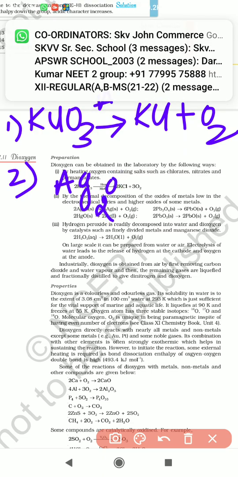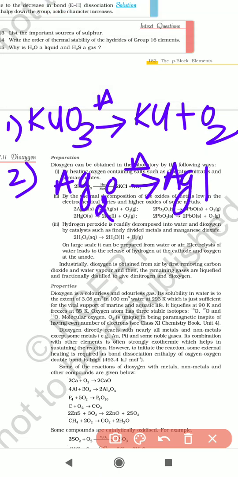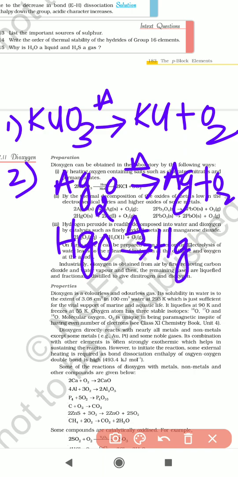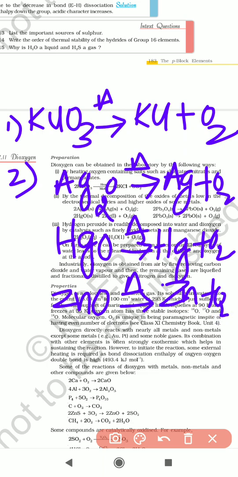For example Ag2O. On heating, Ag metal is formed plus oxygen gas is produced. Same like mercuric oxide HgO, on heating, becomes Hg plus oxygen gas. Like zinc oxide, on heating, zinc is formed plus oxygen gas is produced, like that. And the third method, if you want to get a larger quantity of dioxygen gas,